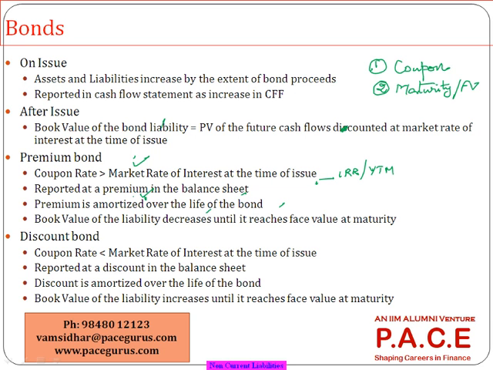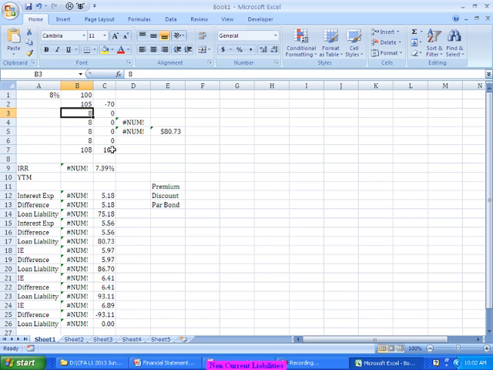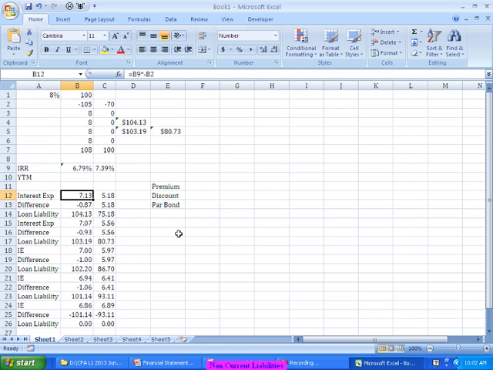If this is a premium bond, first year I'll show 105 on the balance sheet, but the interest expense for that is always less than the coupon, which means actually excess is always being paid. So that will always reduce the liability. Year over year, the liability gets reduced and comes very close to the face